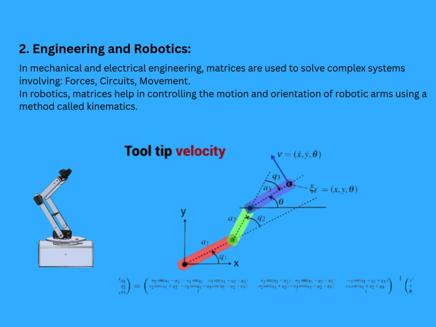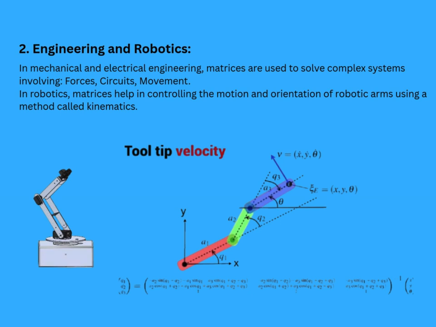For example, in electrical engineering, we use matrix-based calculation for solving complex circuits. In mechanical engineering, when we talk about the visualization of complex systems, about force, about the movement of a complex robotic system,